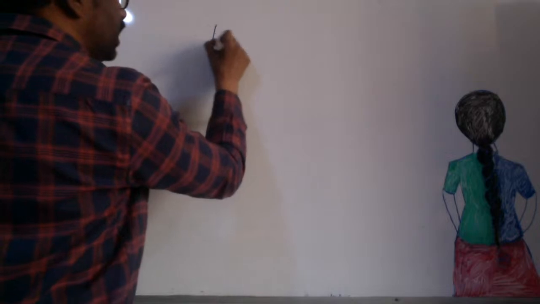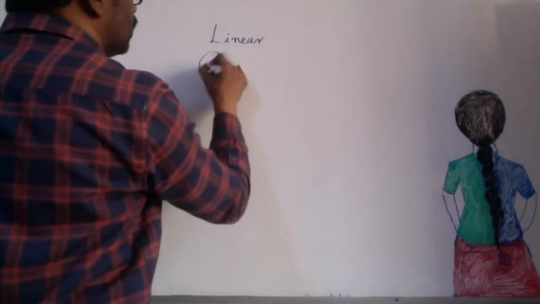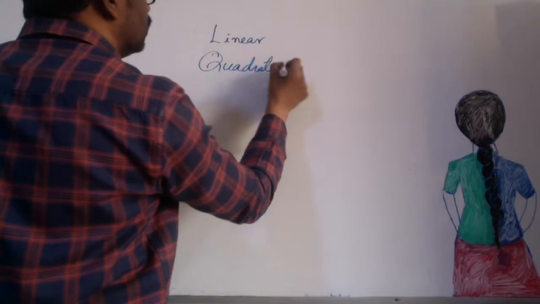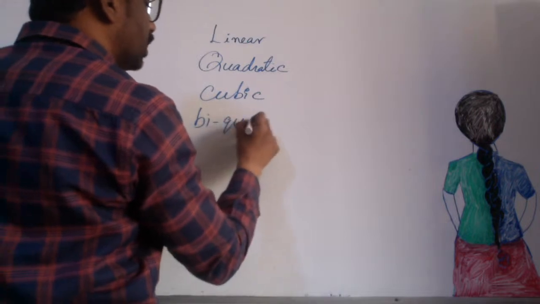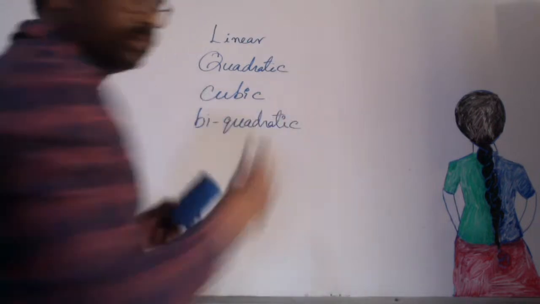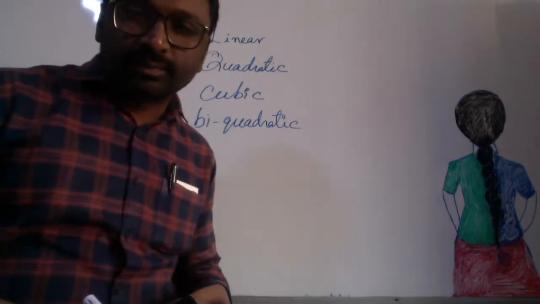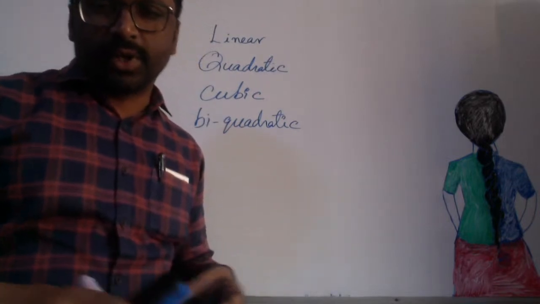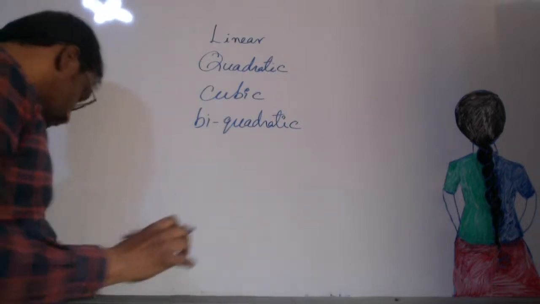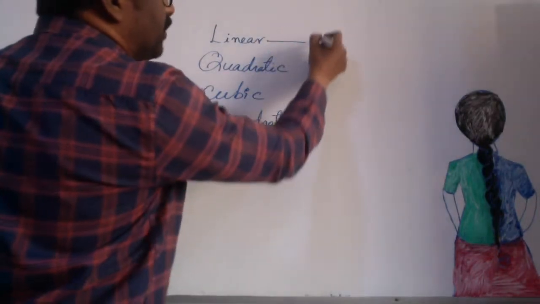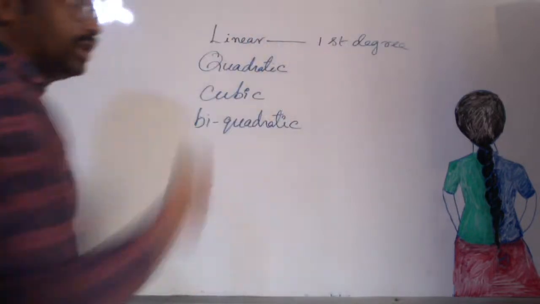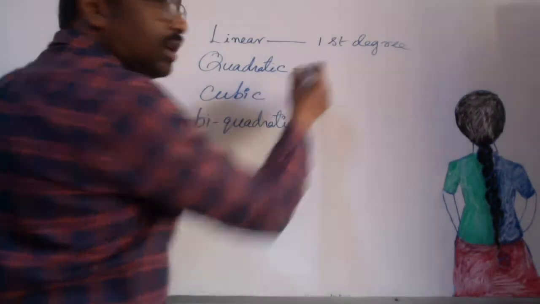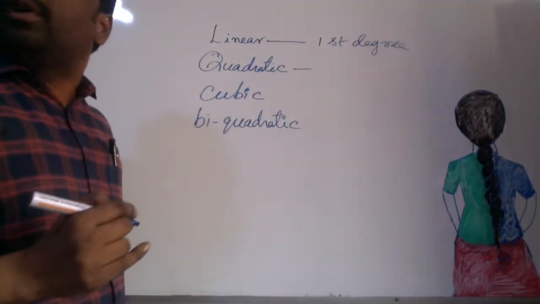And also you learned about the linear polynomial, quadratic polynomial, cubic polynomial, biquadratic polynomial. Right? Okay. So here, a polynomial of first degree is called a linear polynomial. A polynomial